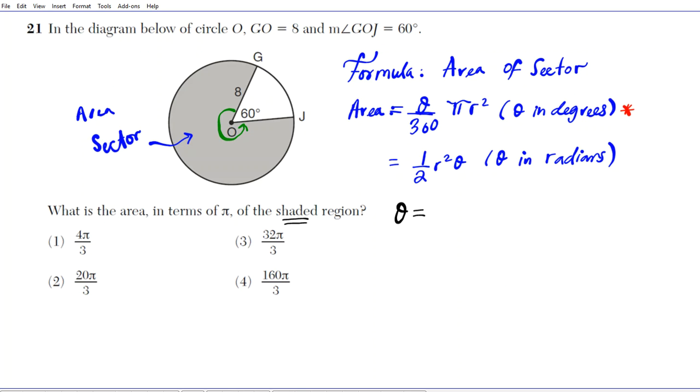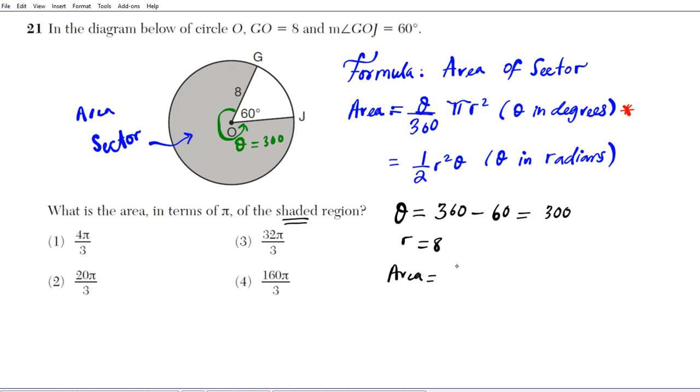That's what theta is, the angle that you add to 60 to get 360. So theta is going to be full circle, which is 360, minus the angle we have, 60. So theta is going to be 300 degrees. That's the central angle for the shaded region. Radius r is 8, as given here. So our area